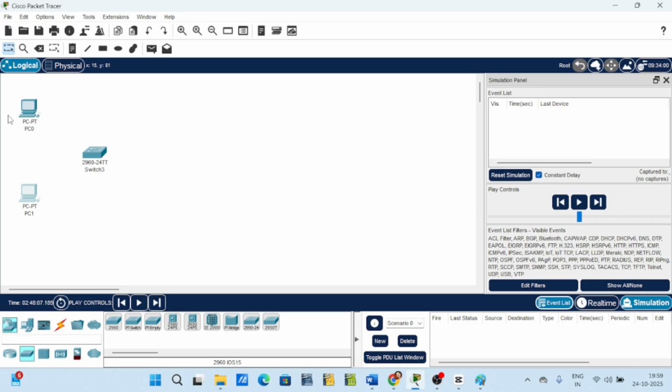Now, in order to communicate between these three, we need to have cables. So for that, you need to go for the connections. When I go for the connection, here I will be using the straight through cable. As you can see, this is a straight through cable. So click on